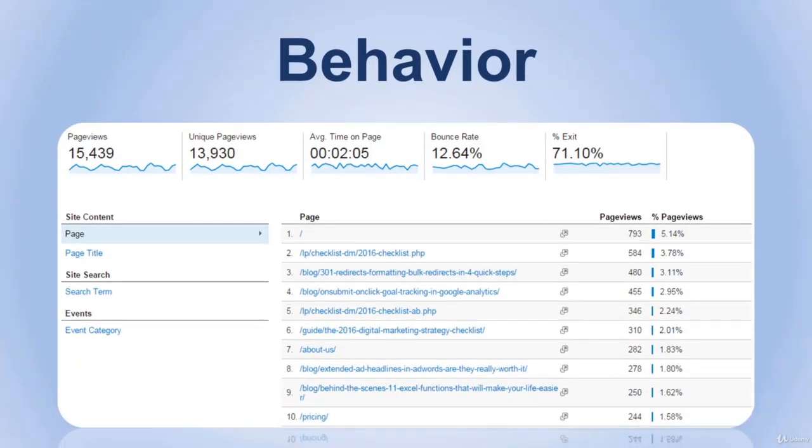Next, we have behavior tools. This one allows you to track the page views, unique page views, which excludes the people who revisit your website, and then the average time that users spend on page, and the bounce rate again, but we just explained that. And then we have the exit rate, which is the rate of people making the selected page their last page. It means that this is going to be the last page that they visited before closing your website. And you can see these statistics on any page of your website, so you can study the performance of each.